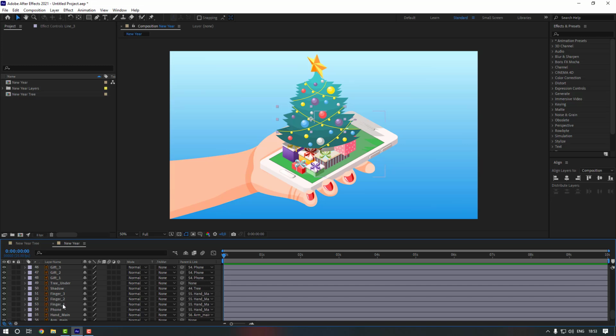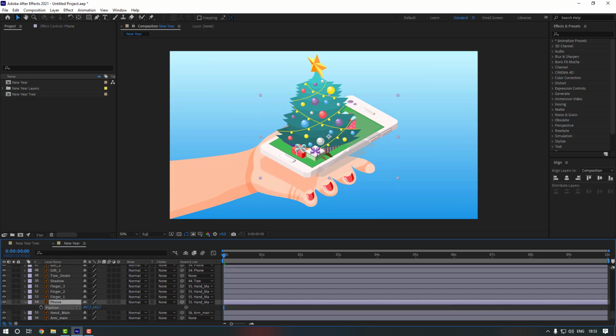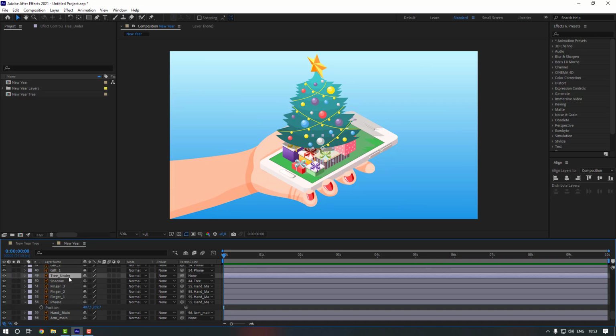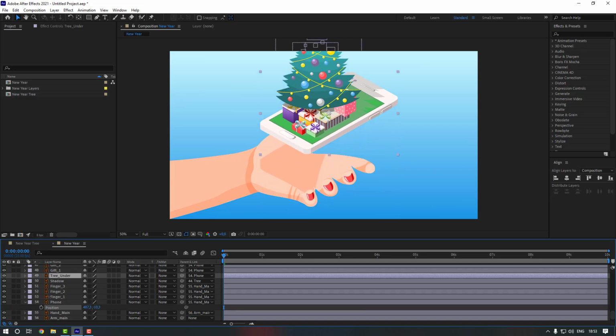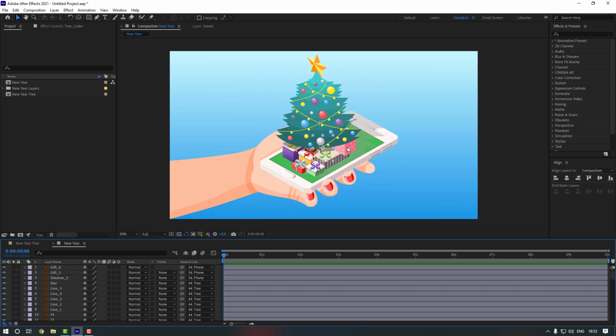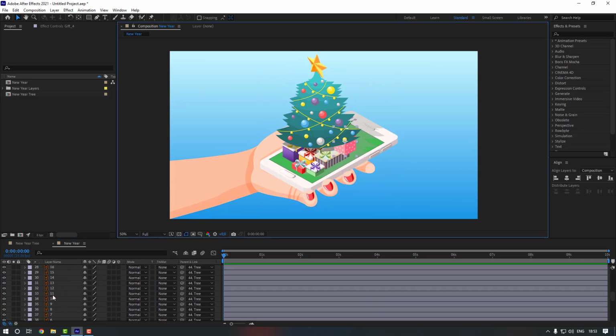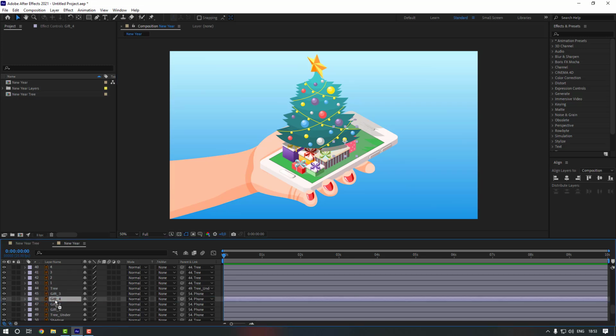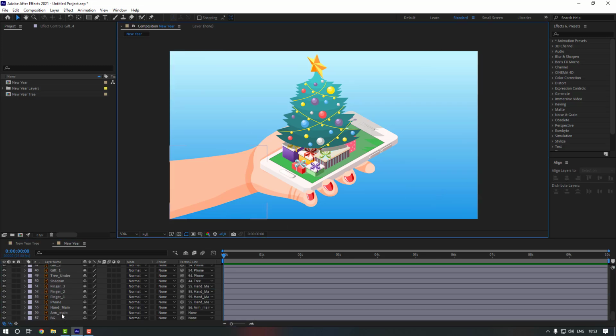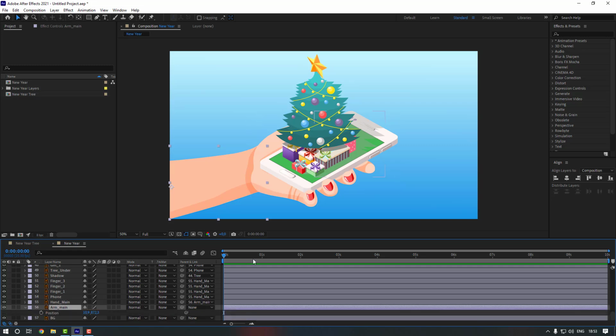Let's see how it looks. Let's select the phone and press P. Okay, and select the 3 under. Let's link it to phone as well. Nice. Also, let's select this gift and let's move it to behind this here. Like this. Nice. Now let's select our main and let's press P and go to first second, make position keyframe,